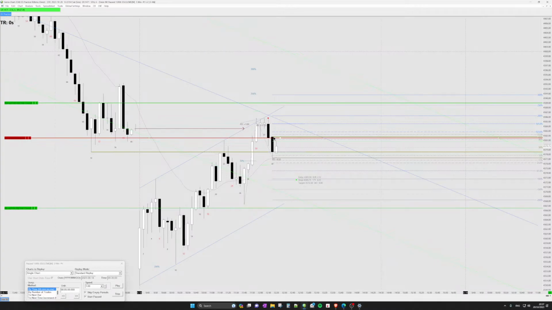So now there's a weak pullback, but it still can go a bit higher. Now a new mother bar. This is the trap zone, so it makes a good entry with that setup, because the entry is at the trap zone. And for now, bears still did not reach the 10 points.